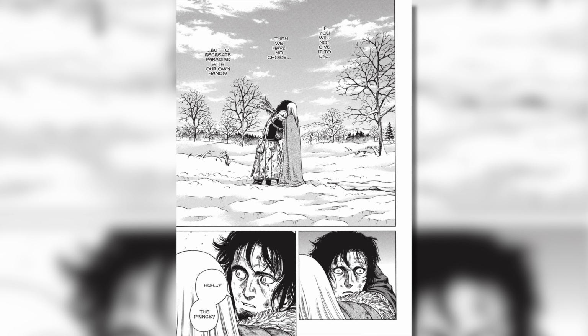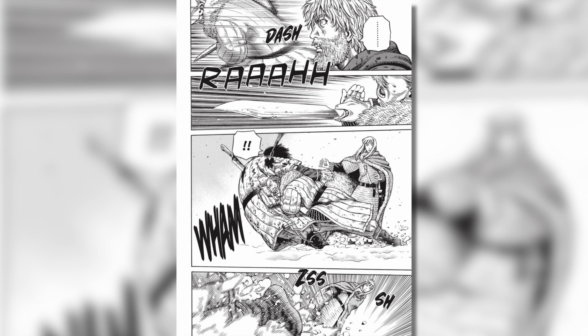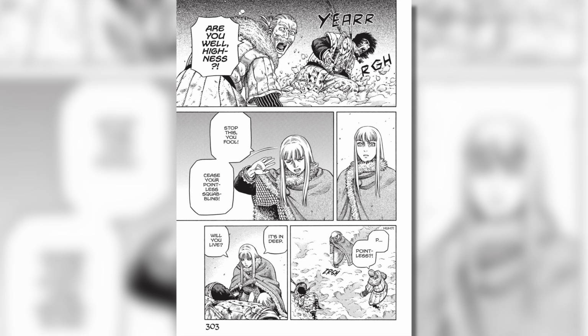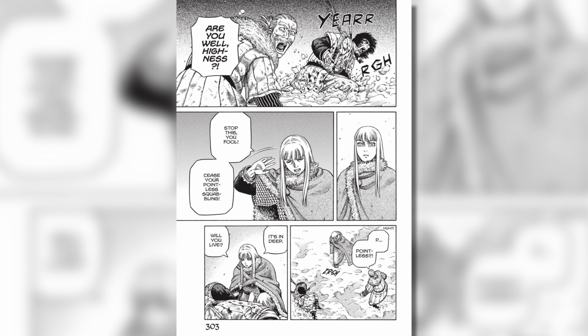And the berserker returns to themselves. Huh? The prince? Before they're tackled by the last living remaining traitor. But the prince takes command once again, managing to get on a horse, commanding the priest to tend to the berserker's wounds. When the traitor tries to seize the prince to take them back to Thorkell, the prince says,